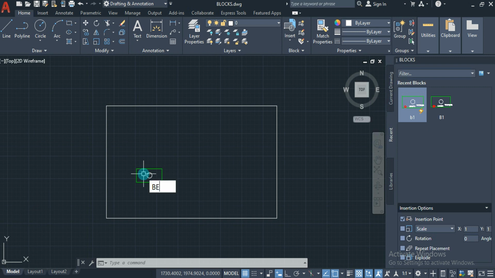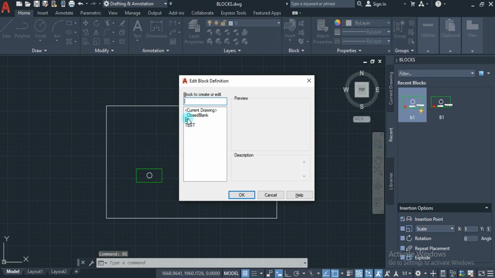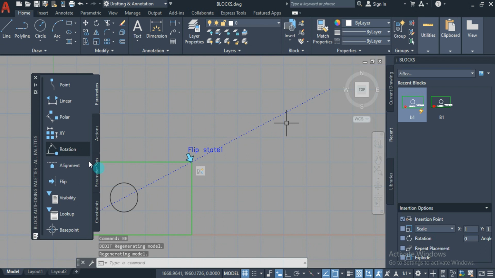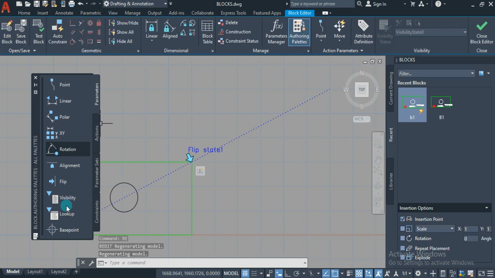Just go for the BE command and select B1, click on OK, and under parameters you are going to have visibility. Before that, let us check here at the top in the visibility panel, are we able to select any option here? It won't be activated until this visibility parameter is assigned.